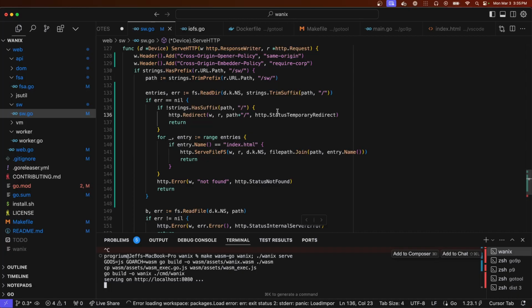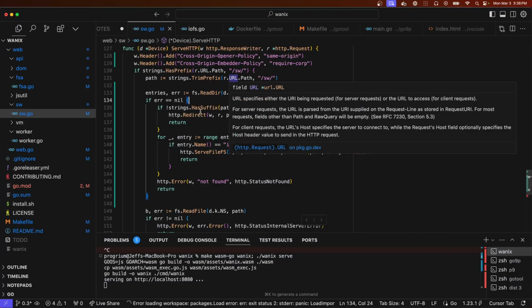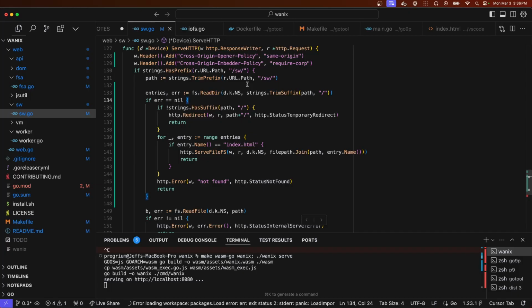Wait. If we're trimming it, it should still. We're not trimming anything from the suffix.